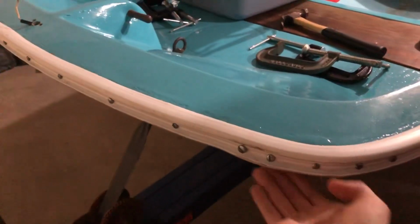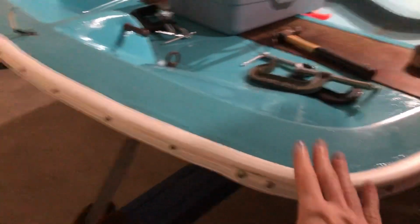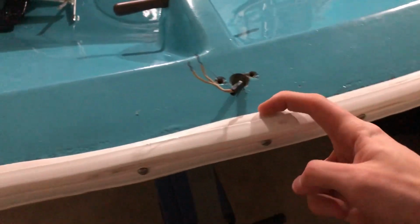Some of these, I'm going to need to do a little bit more molding here, but the main thing is I got it in place at least, so that's good. Definitely might have to do a little bit of minor adjustments here and there, like this kind of came up there a little bit. It's really hard to do this because this screw wouldn't go in all the way either. I need to get a smaller screw for that, but